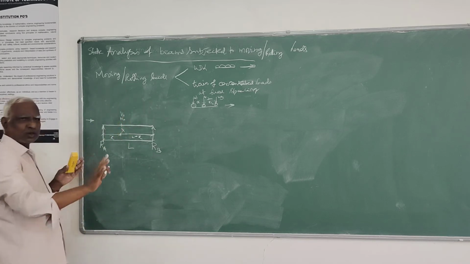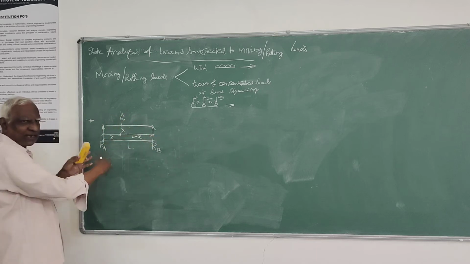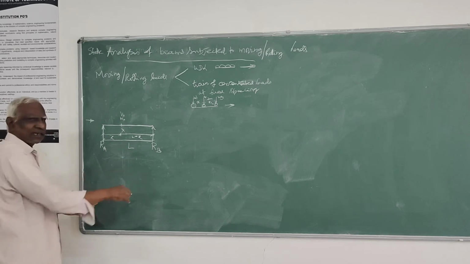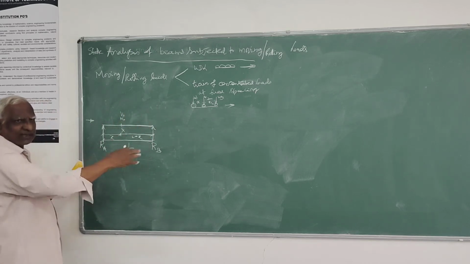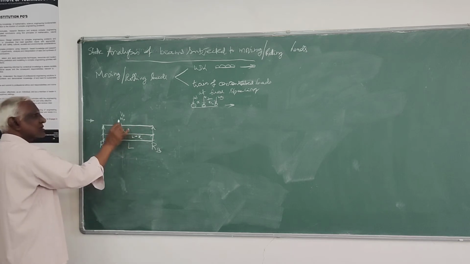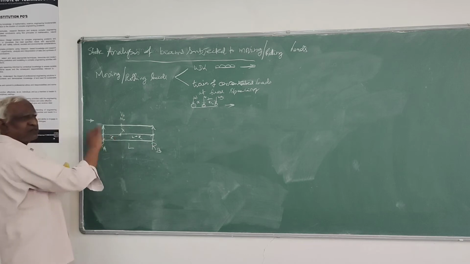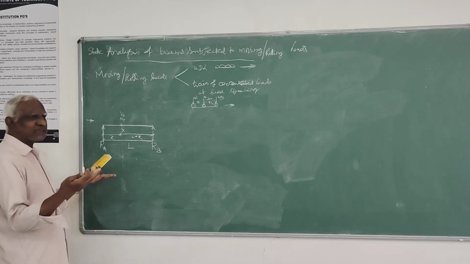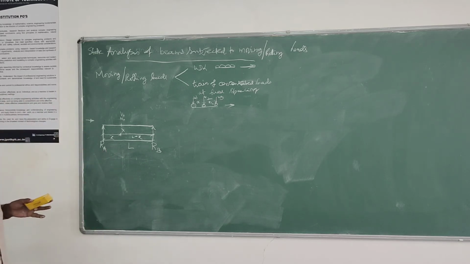Next you allow this load to move. Then keep the next load, and other loads will be there as they are. They are at different spacing. Again you calculate it. Then go on bringing another load like that. You place all the loads at this particular point either from right to left or left to right. So calculate that. Trial and error method. Whichever is maximum, you calculate. You have to do a number of calculations and arrive at the maximum value.